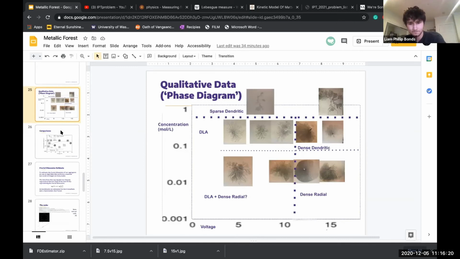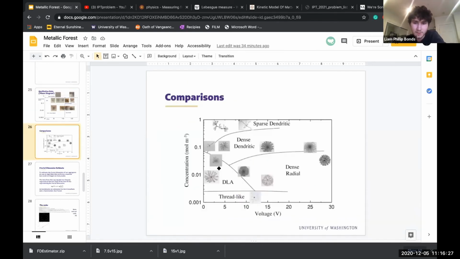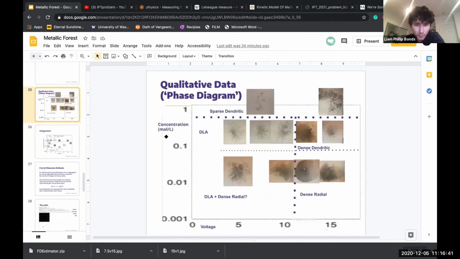And is it in agreement? It's not clear to me. Yeah, we can look through that right now. So if we start out with dense radial, like that, it's over 10 voltage-ish, and then concentration over 0.01, but lower than 0.1. And so if you look at mine, 0.1 below, over 10. So were there any that didn't align with